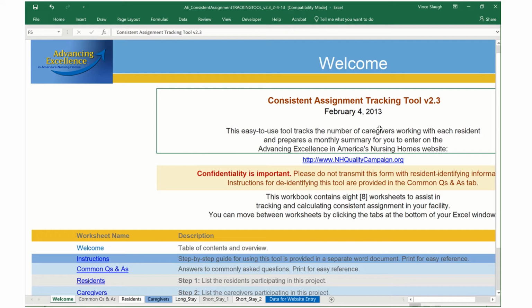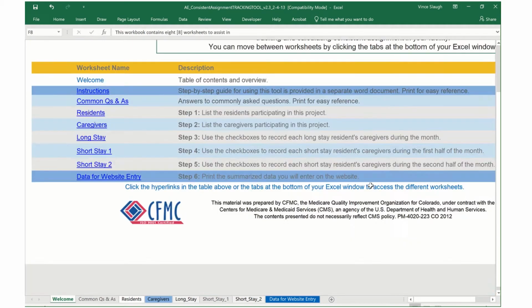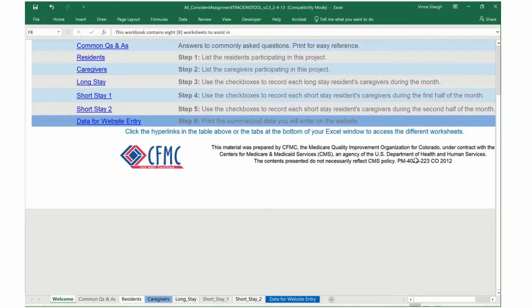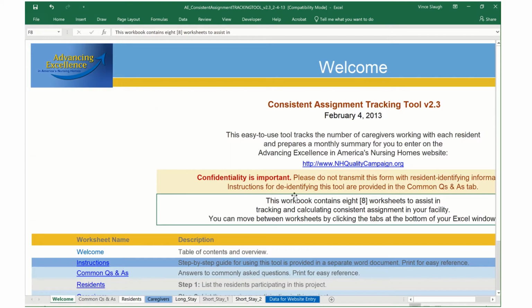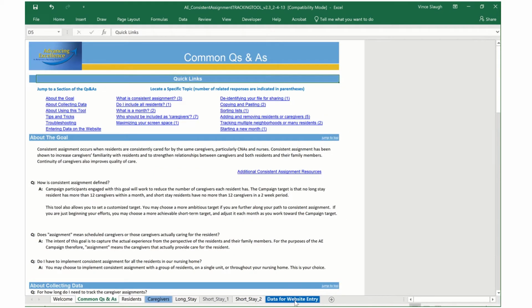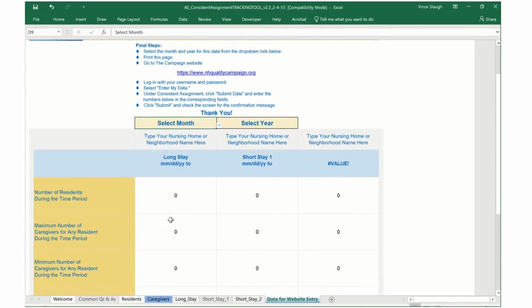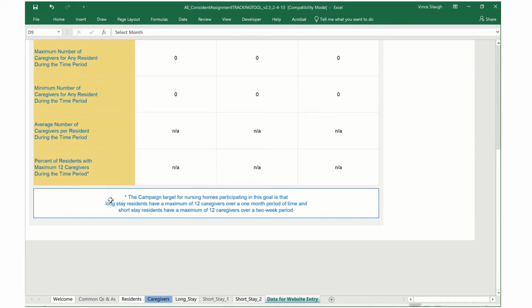This is the consistent assignment tracking tool from the Advancing Excellence campaign from a few years ago. Even though the Advancing Excellence campaign isn't active as it was, you can still search for this and find it online. There was a quality improvement organization in Colorado that put out this spreadsheet that has many tabs and ultimately answers a variety of